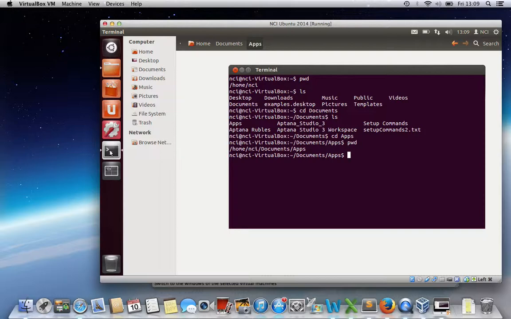So step 1 asks us to create a new Rails application. The command for this is rails new, and we're going to call the application layout example. So, rails new layout example, okay? So when you hit enter,